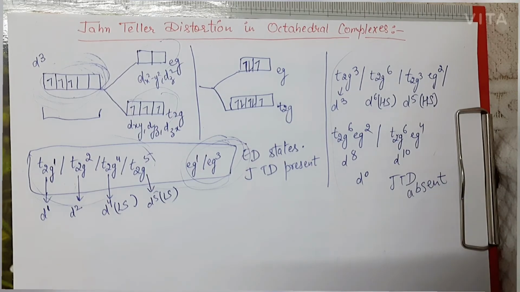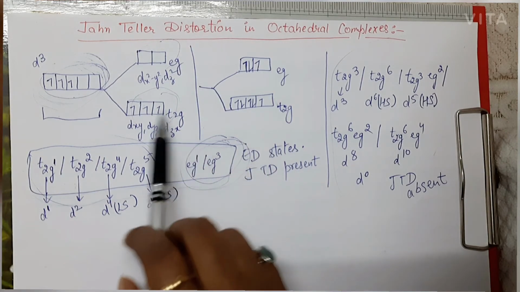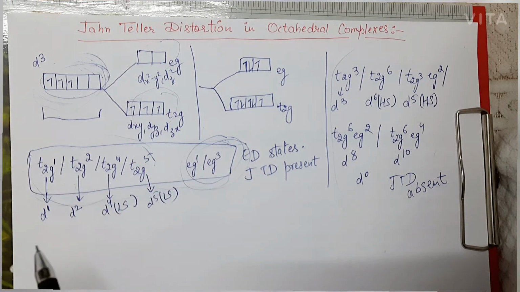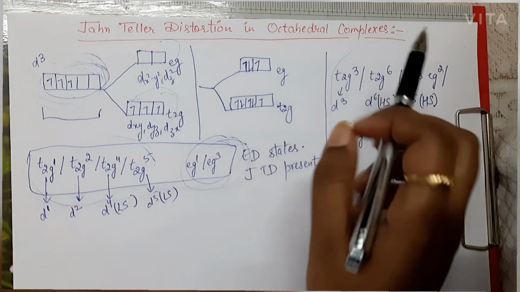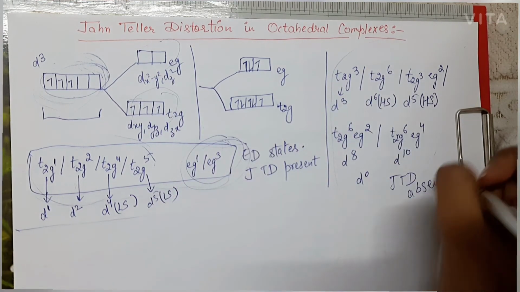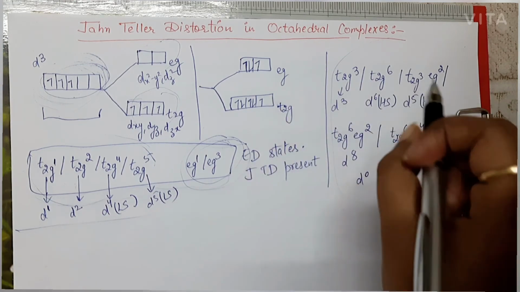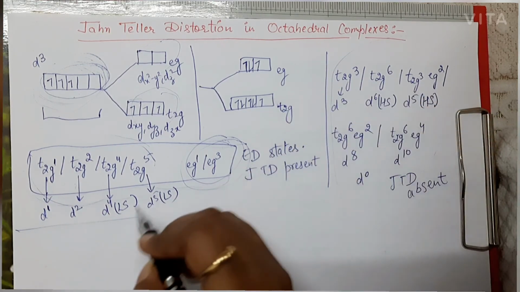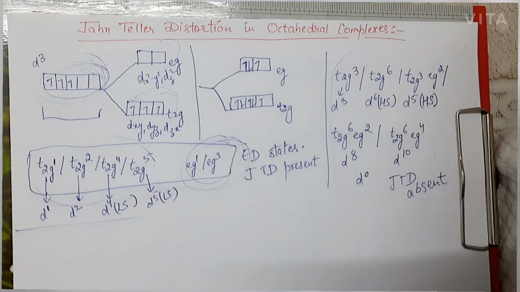So I hope now it will be clear in which cases we are going to have Jahn-Teller distortion. All the cases in which we are having electronically degenerate states, that is, the orbitals are unsymmetrically filled, in those cases we are going to have Jahn-Teller distortions, right? And octahedral complexes will be distorted. So this is about where we are going to find the Jahn-Teller distortions. So I hope this part is clear. This was a very easy part. You just have to find where you are having unsymmetrically filled orbitals, right?